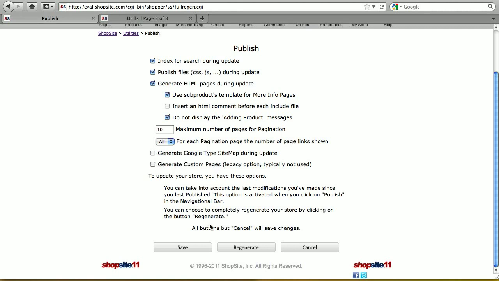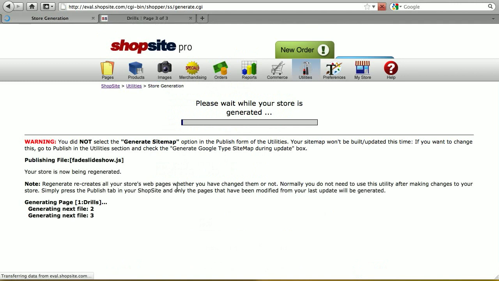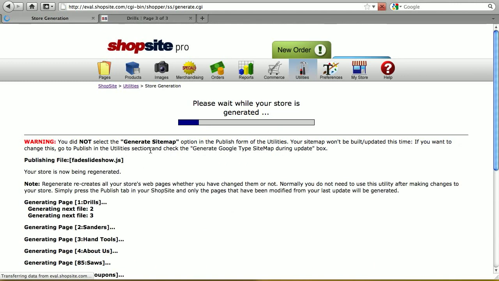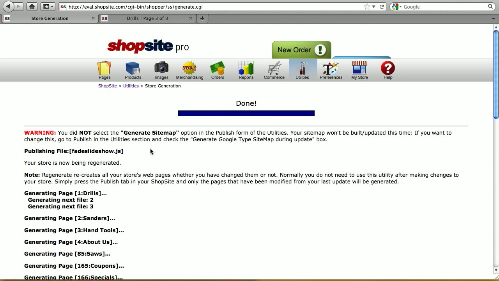If I turn these off and click on Regenerate, I'll get a warning at the top saying I did not generate the sitemap. You don't need to if you're not using it. It might throw you off a little bit since you're getting a warning, but it's just letting you know the Google Sitemap is not being generated. To turn off that warning, just choose to generate it, and if you're not using it, it's not going to make a difference. So if you go to Utilities